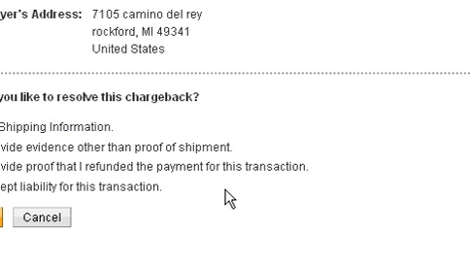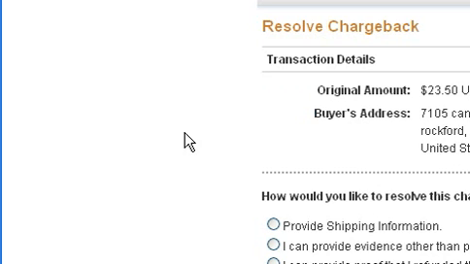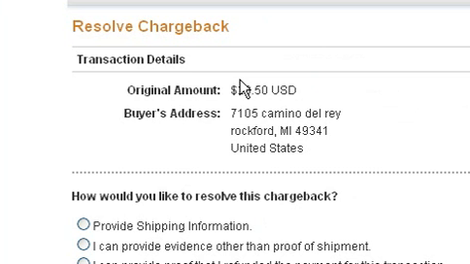Now, for people that sell services and digital assets, the first 2 options aren't going to work. And you certainly don't want the remaining 2 options, which are my fault and my fault. So if it's not your fault and you want some real help, what are you going to do? Well, what you're going to do is click your back button